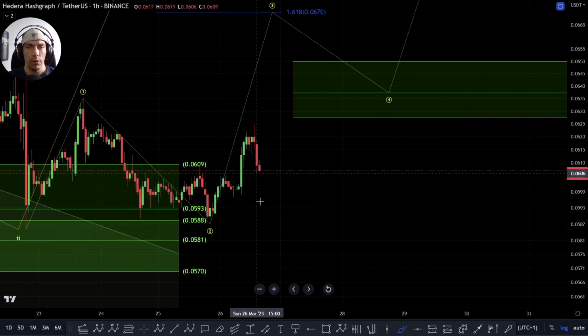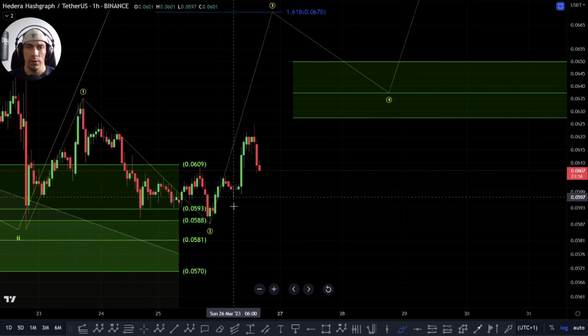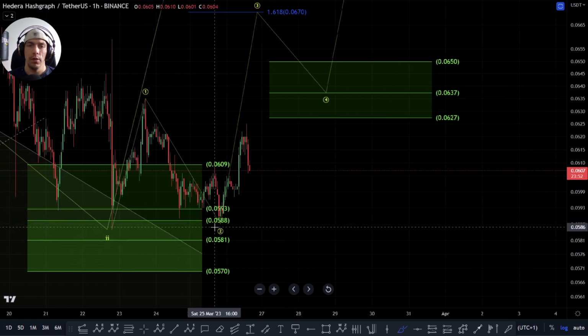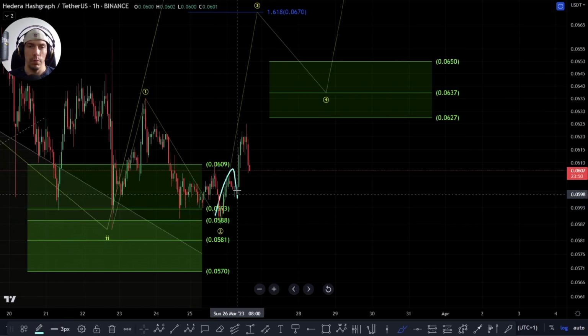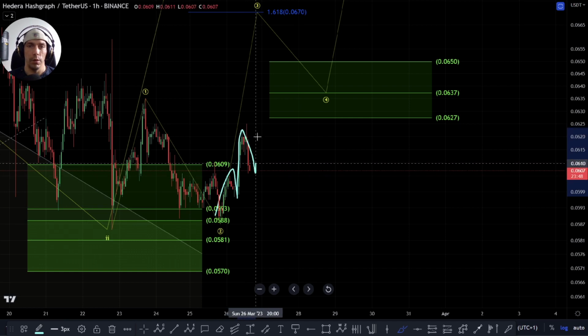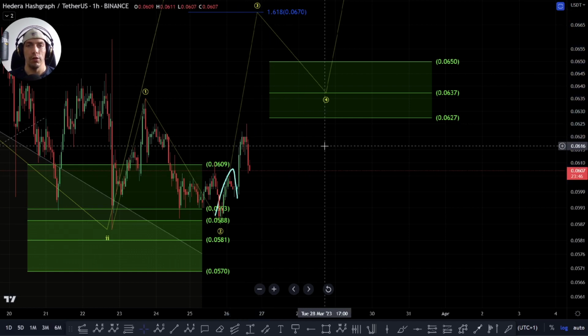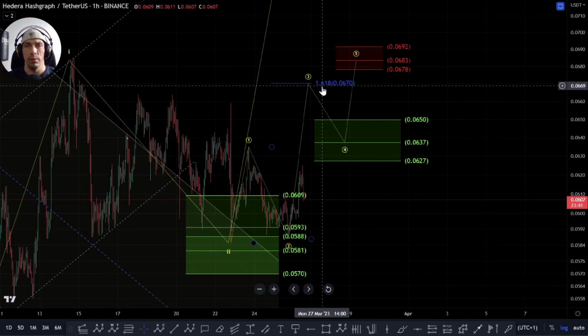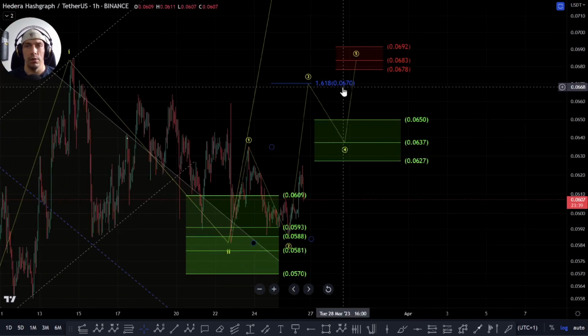We'll have to see if we do maintain some of these key zones, particularly this one here of this 0587. Potentially this could be building out as a 1-2. We form another 1 and a 2 here, and then we start to get some traction to the upside. We would need to have a much more significant move up towards this 1618 here, this 0467, and basically what